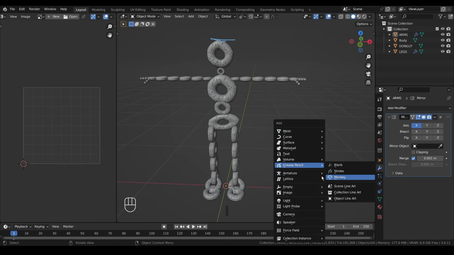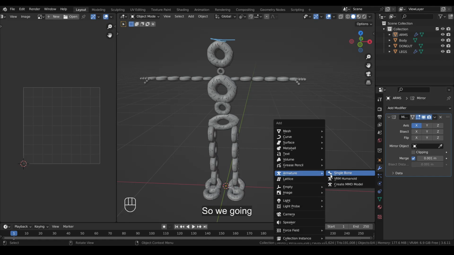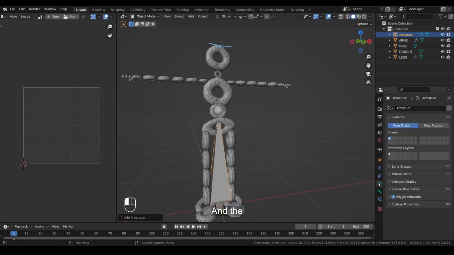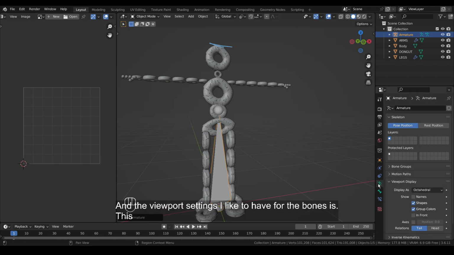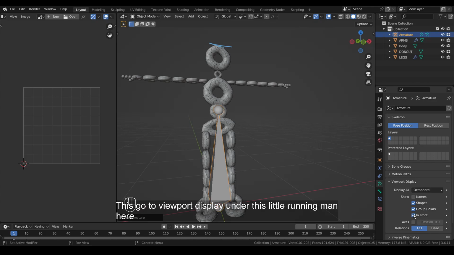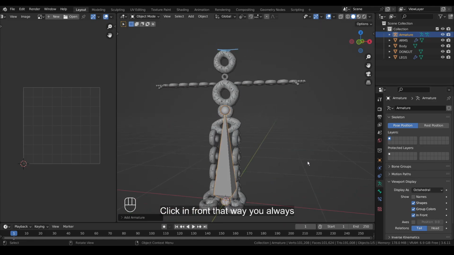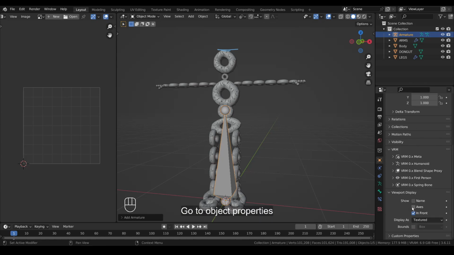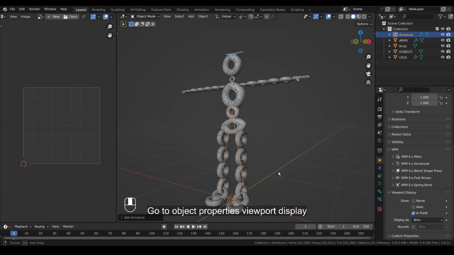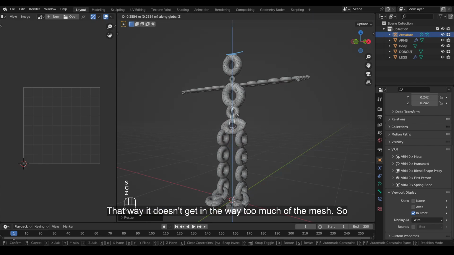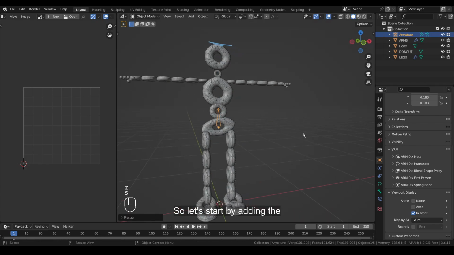So what you want to do is grab a single bone here, and the viewport settings I like to have for the bones is this. Go to viewport display under this little running man here. Click in front, that way you always see the bones in front of the mesh. Go to object properties, viewport display, set it to wire, that way it doesn't get in the way too much of the mesh. So let's start by adding the hip bone,